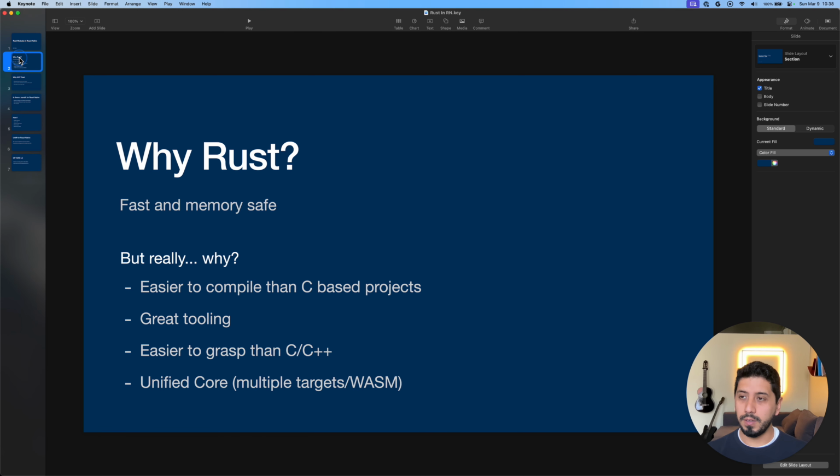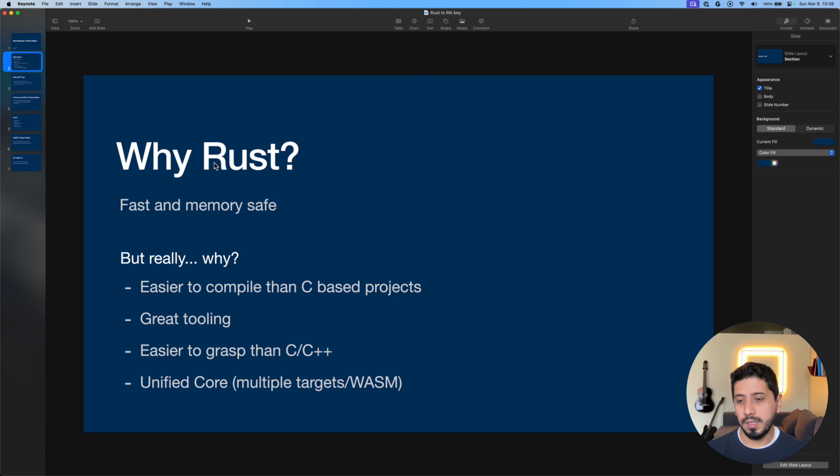So the first thing that you should know is that Rust is a native, modern, fast, memory-safe language. And that doesn't really tell you a lot about why you should use that in your project. The real question is, okay, where are the real benefits and the disadvantages of using Rust? I'm going to tell you some from my own experience over the last few months